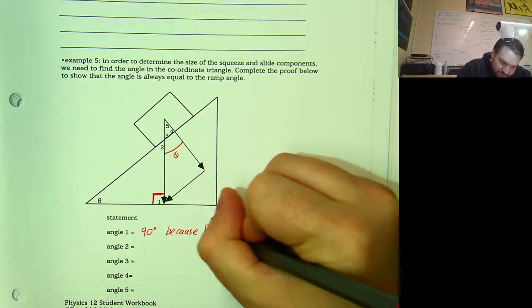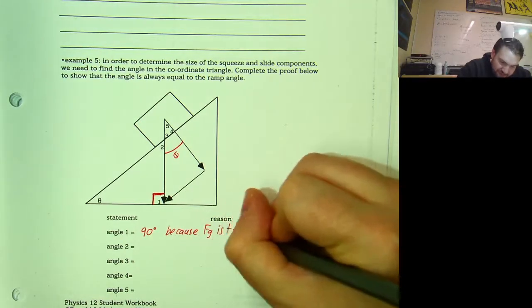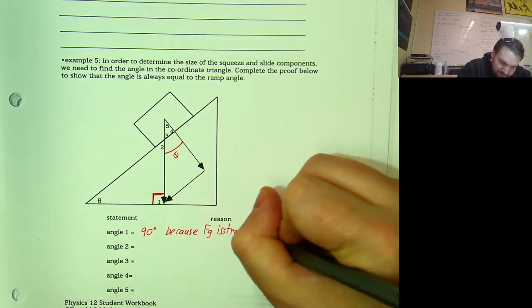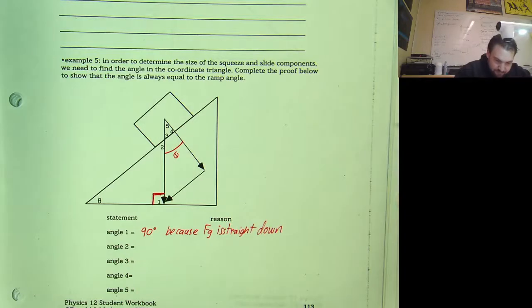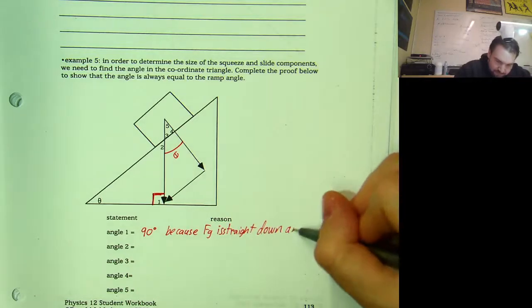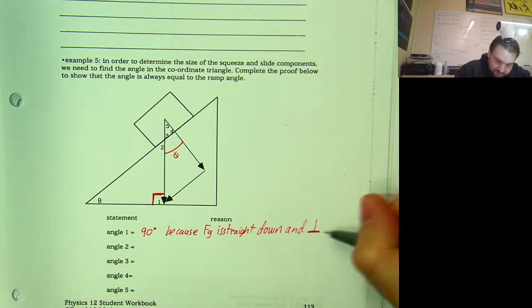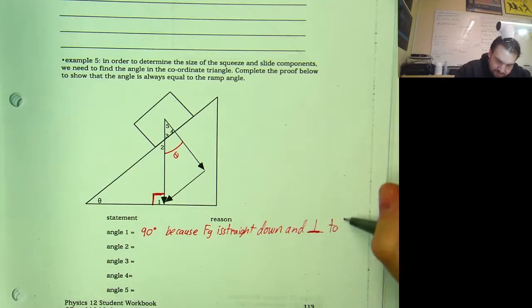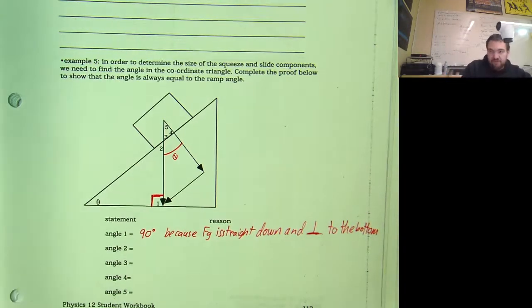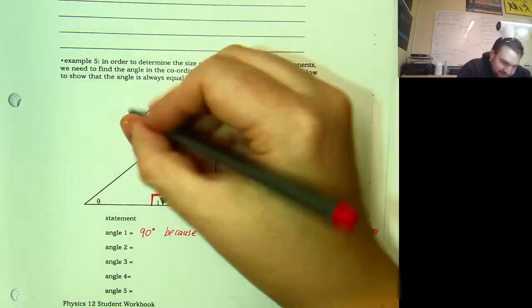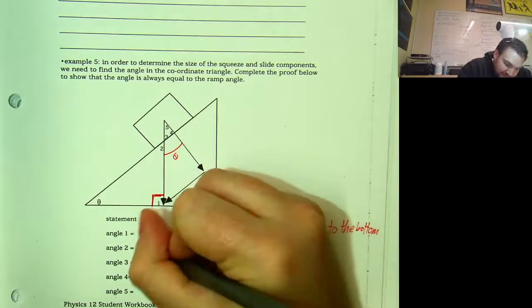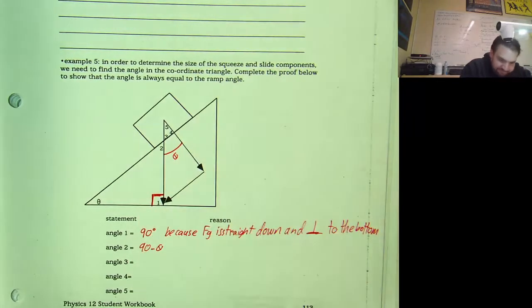Because FG is straight down and perpendicular to the bottom, the flat surface on the bottom. It's just the way gravity is straight down. So if that's 90, then this guy here, angle 2, is going to be 90 minus theta,